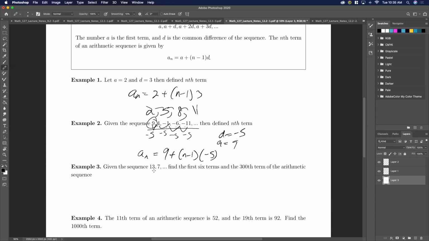Now, if it's given this, do we need to know all this? As long as I know it's an arithmetic sequence, I can just take these two, figure out what the difference is, which in this case is, my brain would operate, -6. And so here I can find the first 6 terms. As long as I know it's an arithmetic sequence, I know it's -6. So the first 6 terms would be